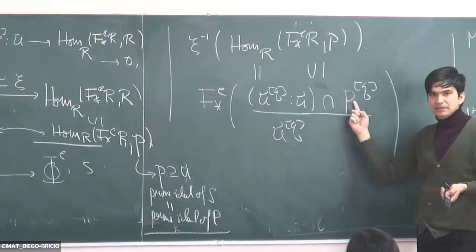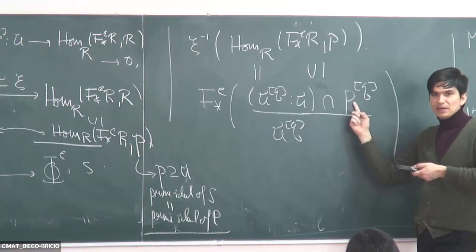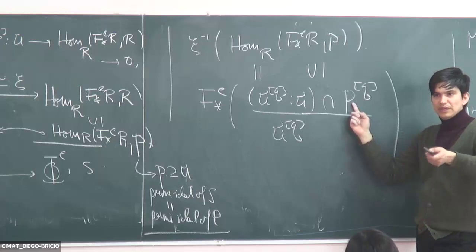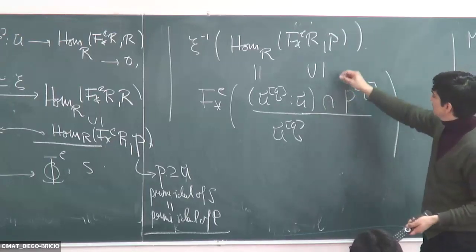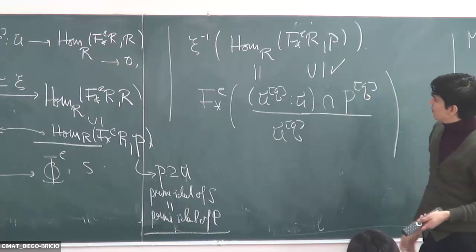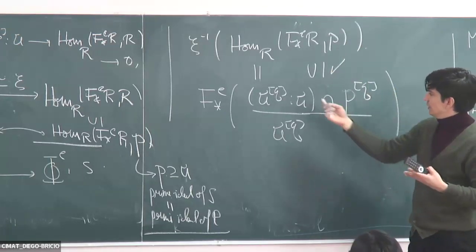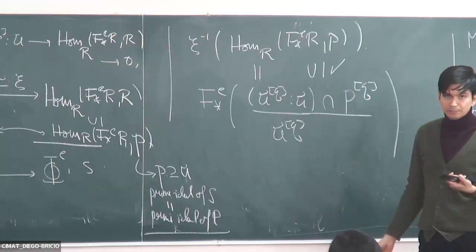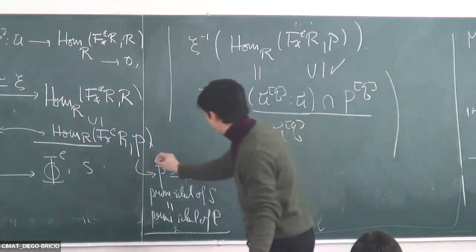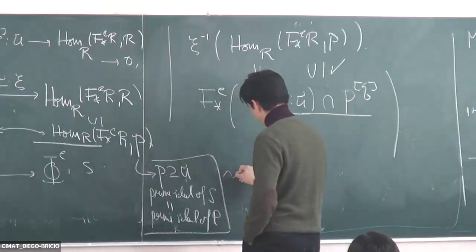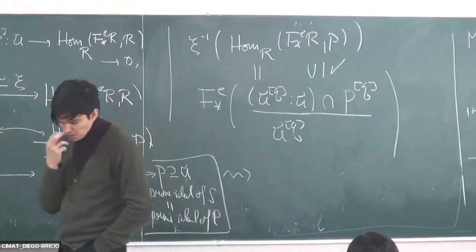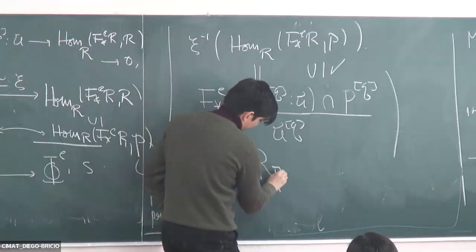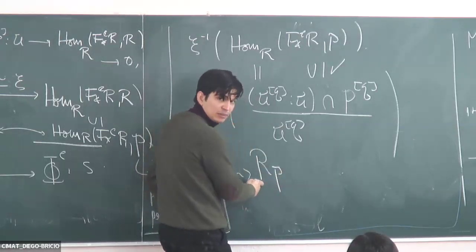Because if I take an element that is in here, then when I multiply by P, it's going to go out by Frobenius, right? And so then the whole thing lands inside P. So this direction is very direct, and what is the most interesting is the other one. That's still true. Okay? So from this, one concludes that now here R localized at P, and you see now here I'm thinking of P as a prime ideal of R,